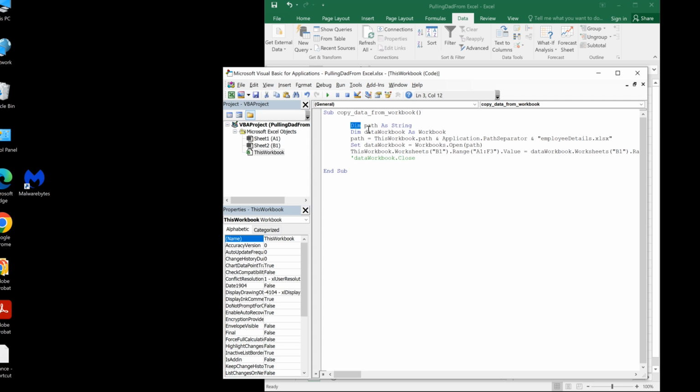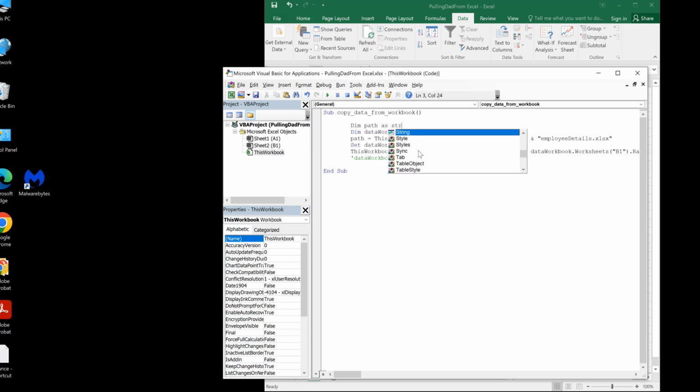So Dim and then the variable name, whatever variable you need, same as your function name, whatever name you want to give it here, you are free to do. But here what I'm doing is I'm defining a path as a variable as